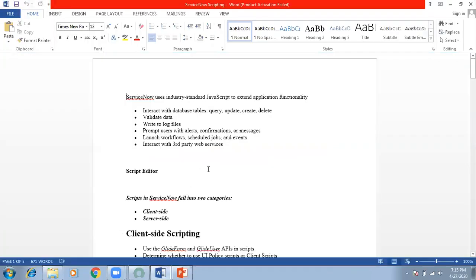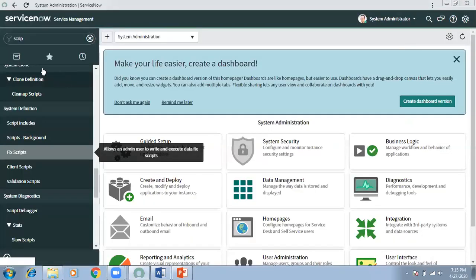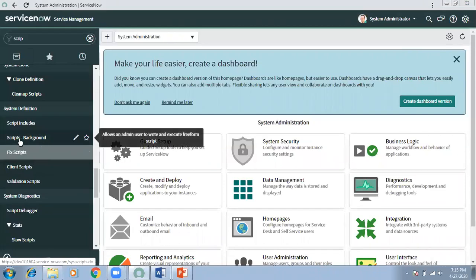Can we use fix script also to send notifications, email notifications? Yes, you can. See, the notification is not getting sent by the fix script. There is a function called event queue that will trigger the notification. Even that will not trigger the notification directly. It will trigger the event, and the event will trigger the notification.